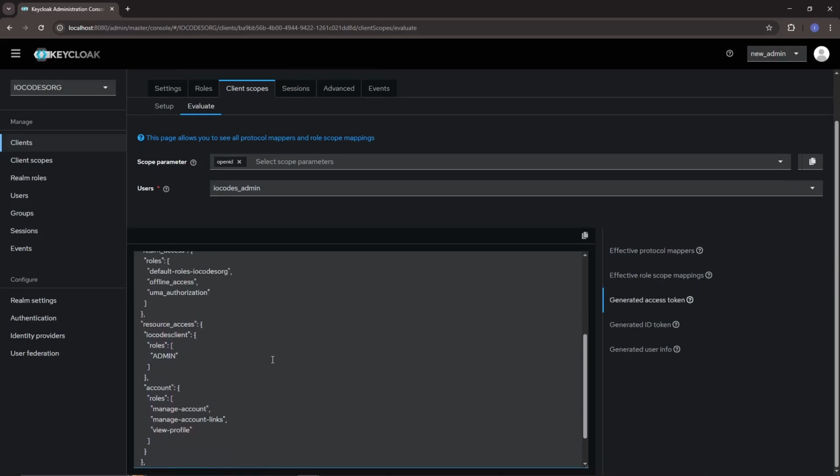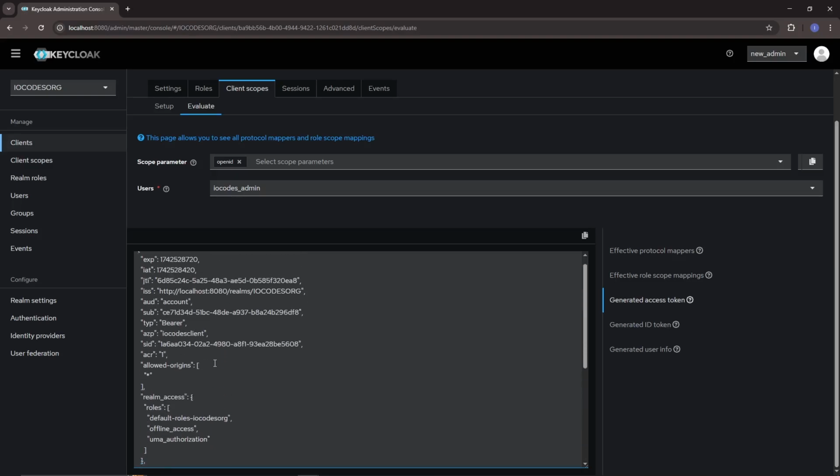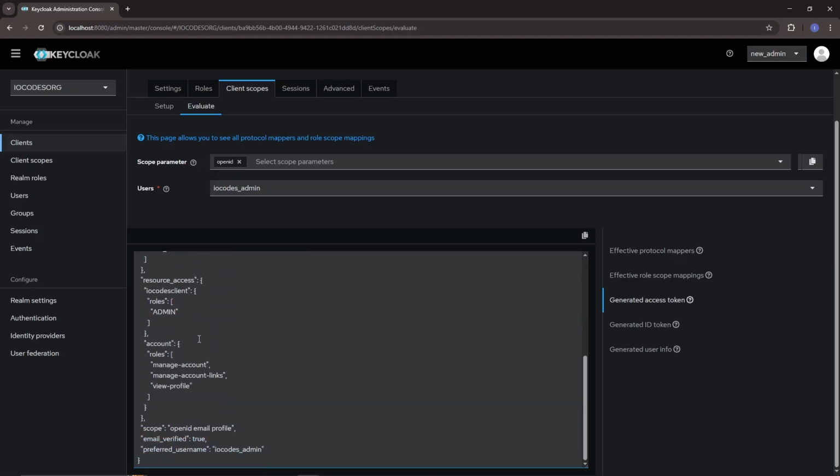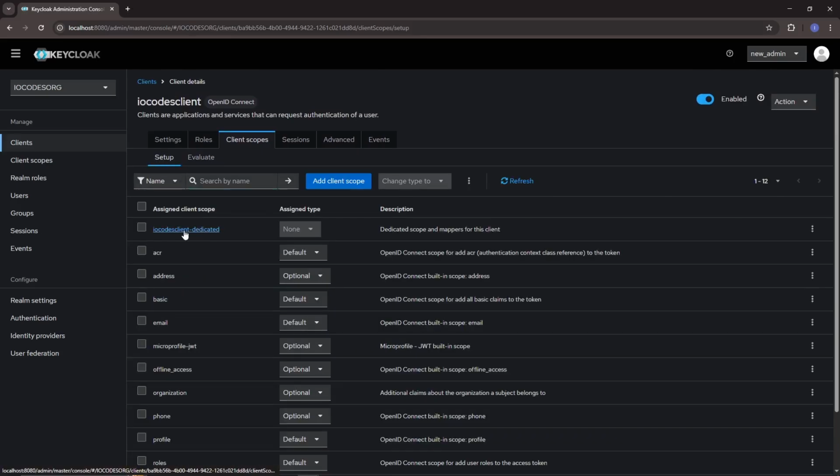So we have the resource access, the IO codes client, before we can access the roles that is associated with this particular user. And for us to make things a little bit much more easier, instead of having to traverse through till we get to the defined roles that we want